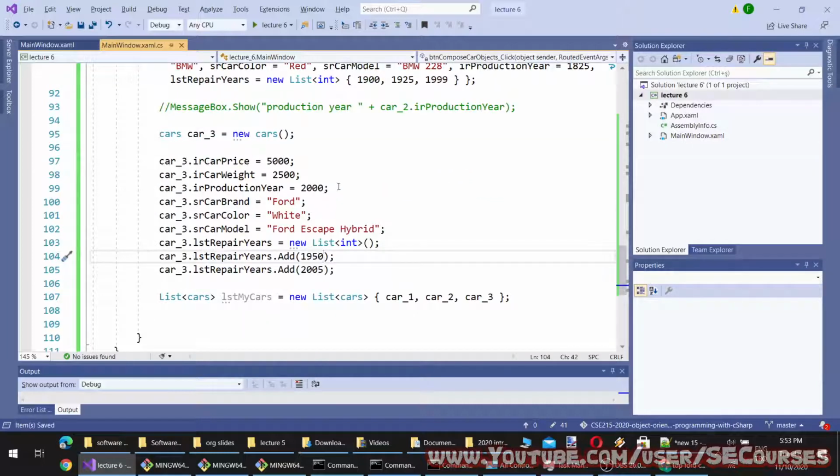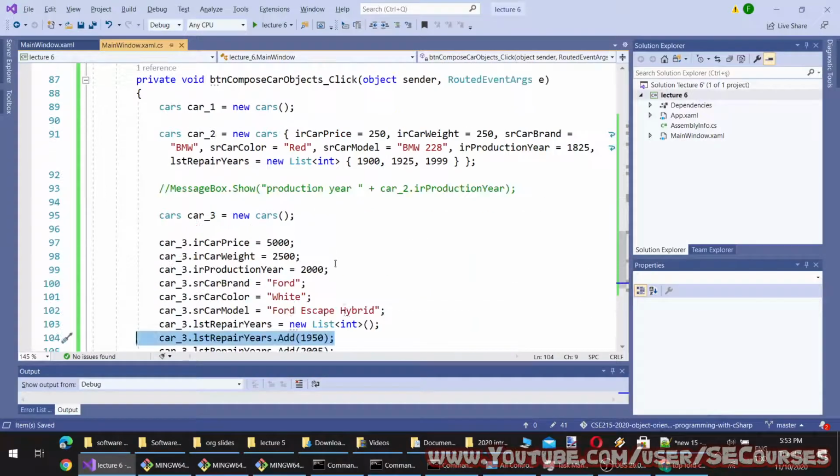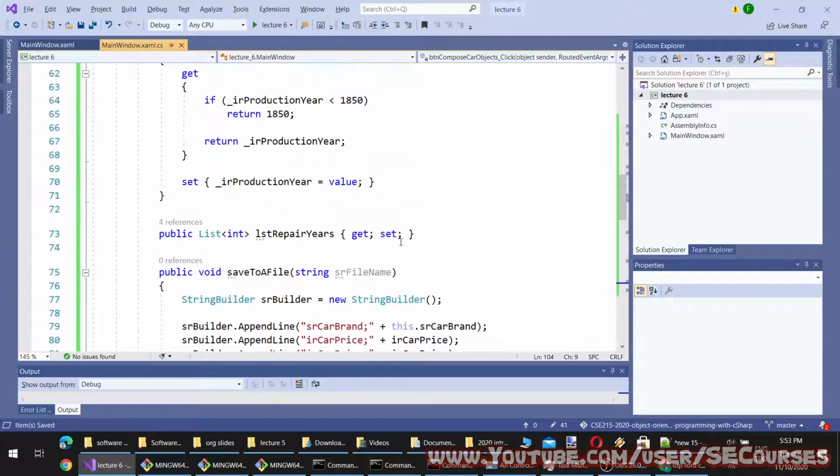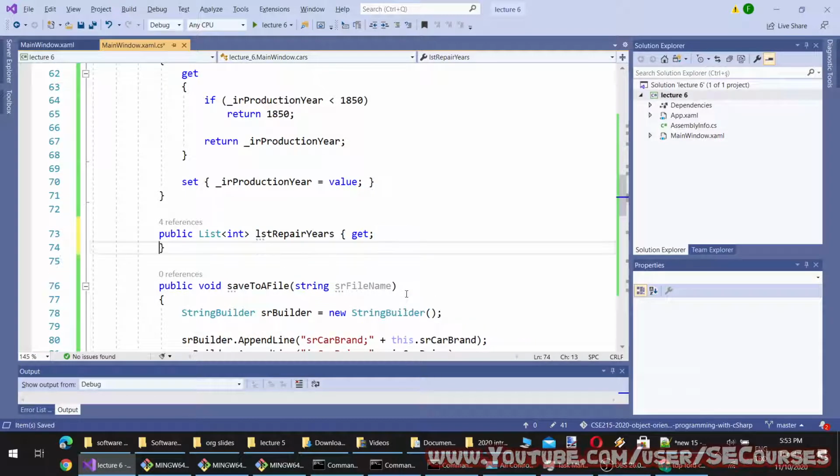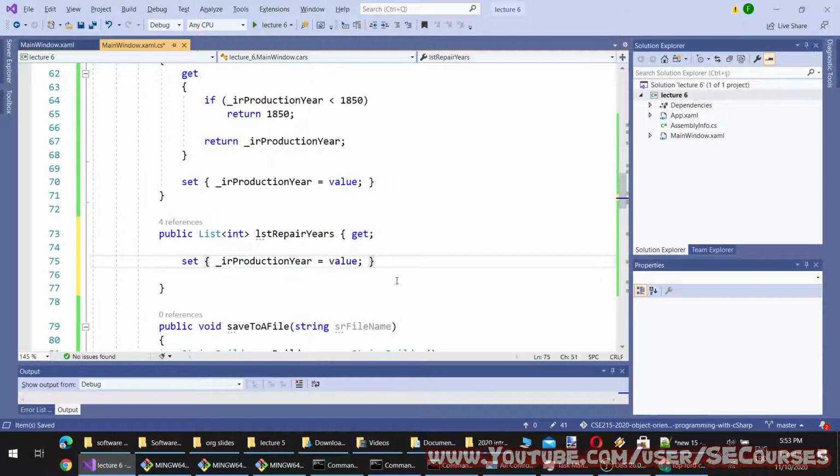So now the production year is 2000, however the repair year is 1950. So this is an incorrect adding. Therefore I can add a method to check it here. What I mean is, how can I modify the set of the list?